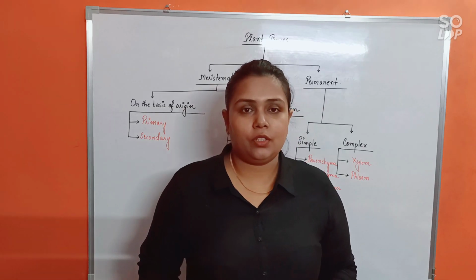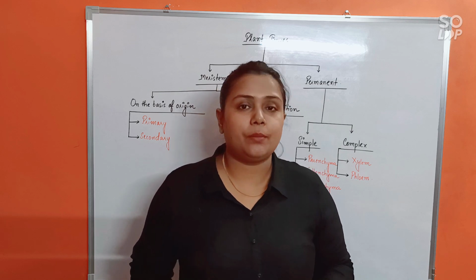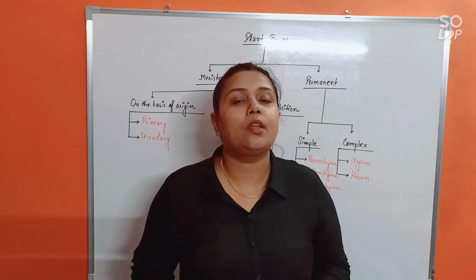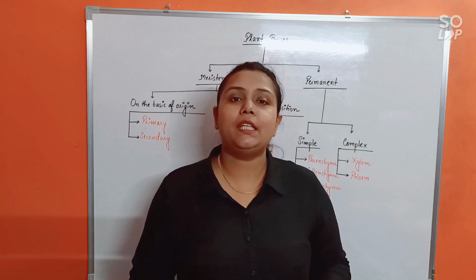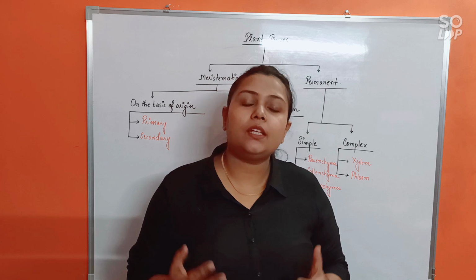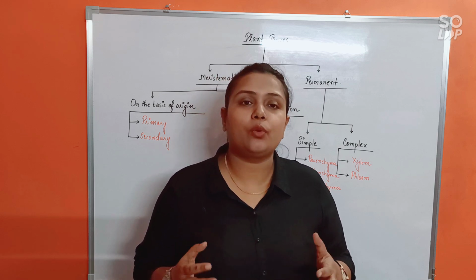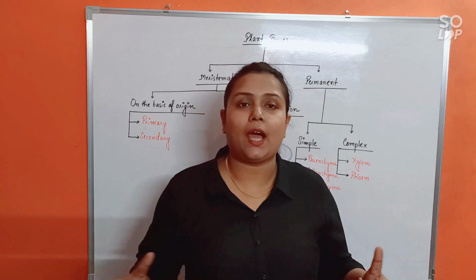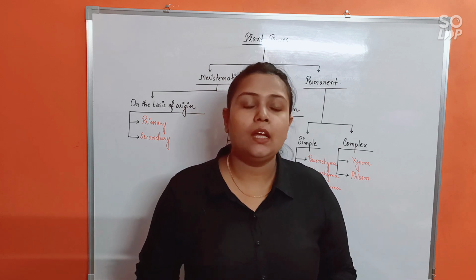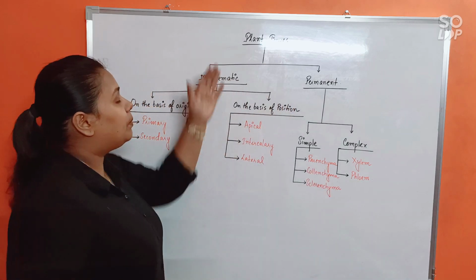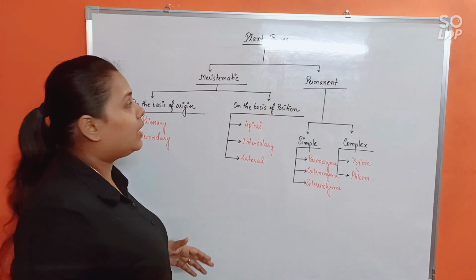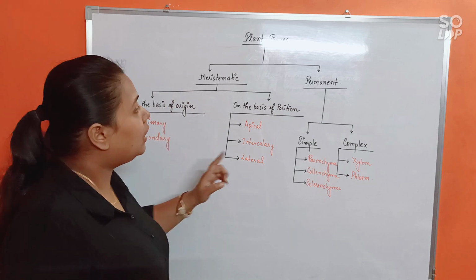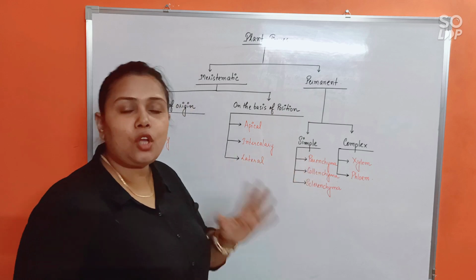Now, let us start the detailed discussion about meristematic tissues. Before we go into the details, I thought it would be much easier for you to understand the whole scenario of the chapter with this flow diagram. Here you will get an idea of which tissues fall under which particular category, so that you get an overall idea about the whole chapter. See, plant tissues are broadly categorized into two divisions: meristematic, which retains the power of division; permanent, which would stop dividing.